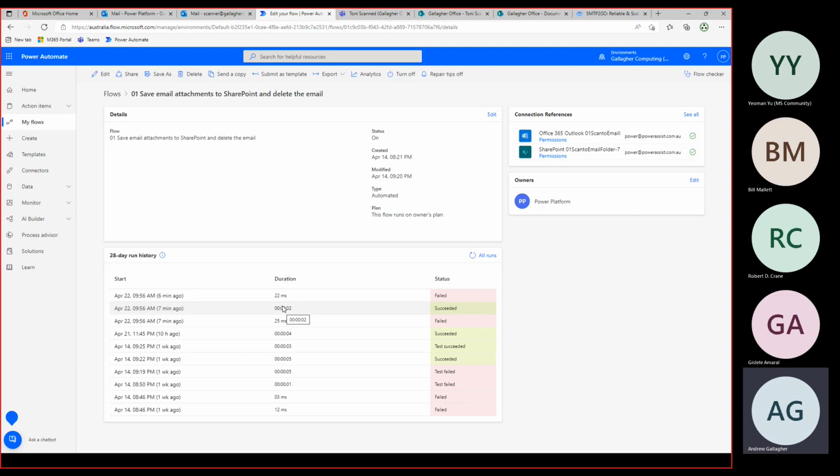The Power Platform is a great way to change the way we work, to change the way that we receive and accept documents, and maintain the security that we put into our networks.